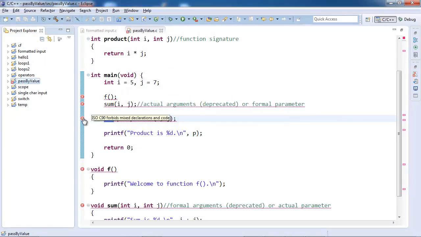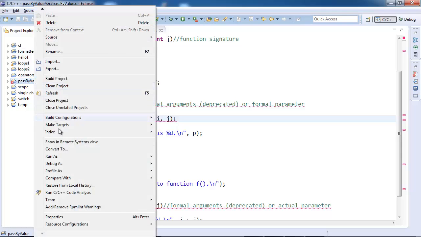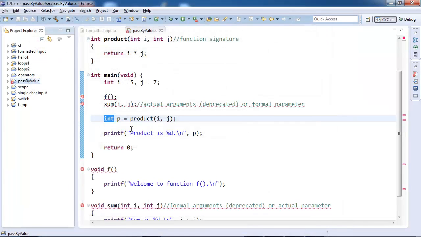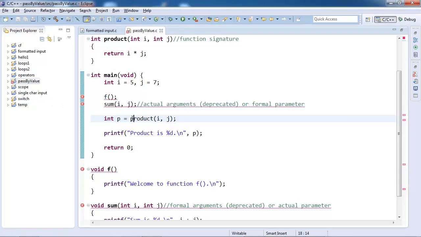Okay. ISO 90 forbids mixed declaration in code. So we need to give it the ISO C99 flag. -std=c99. Pedantic ensures that your code is of portable type, but still we have got errors. So to resolve these errors,